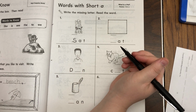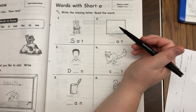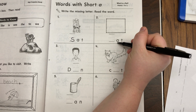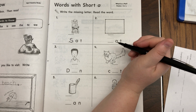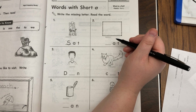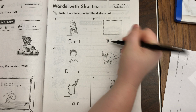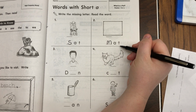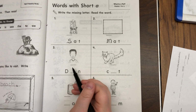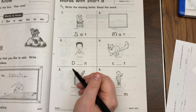All right, so we said this might be a rug or a mat. M-at. We have the a sound, we have the t sound, so we need to figure out what that beginning sound is. At. I hope you said M, because that's what it is. At, mat. Now remember, this one is a name, so we know that we're working with our short A sound,